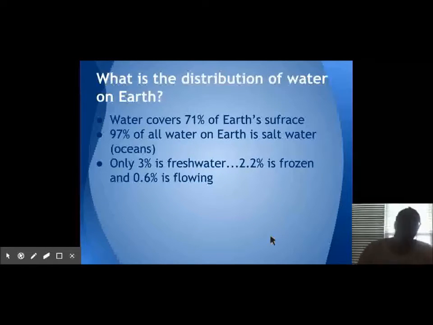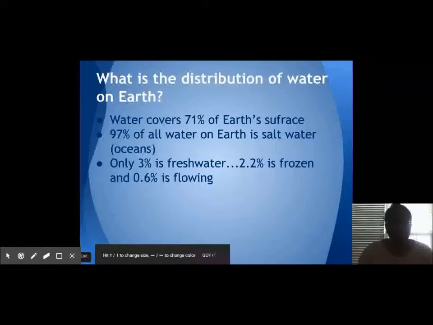So, the distribution. What is the distribution of water on Earth? It is very important, obviously, to know how much water covers our planet. So, the water covers 71% of the Earth's surface. So, the other 29% is going to be on land. So, that 71%,